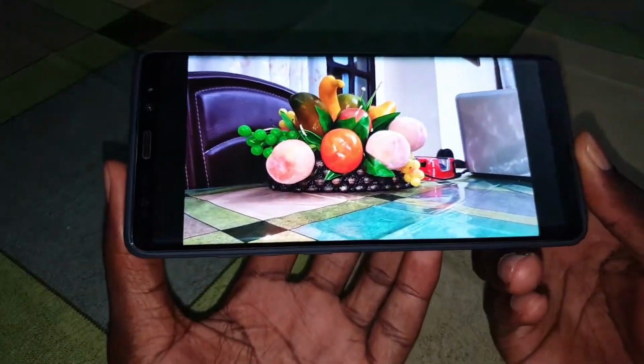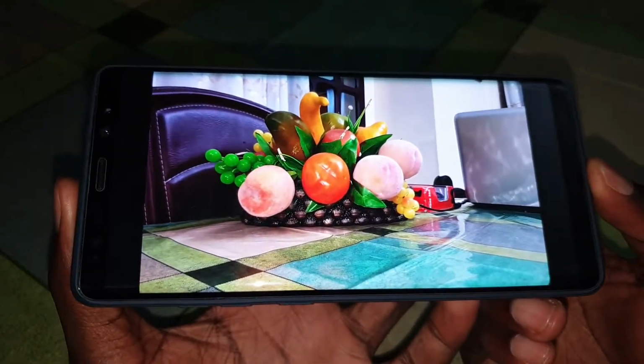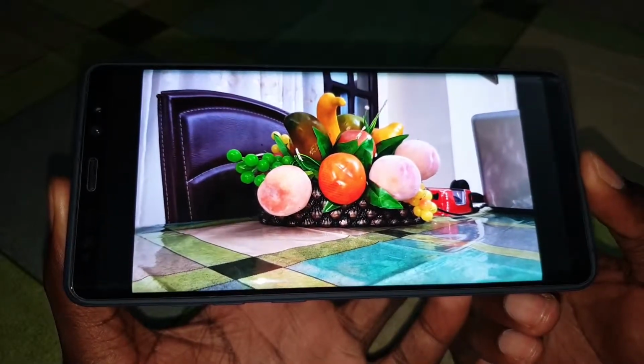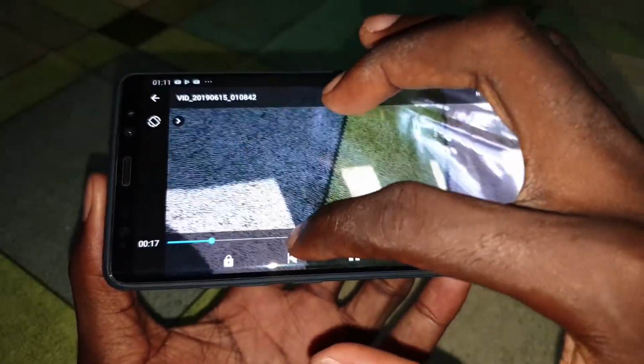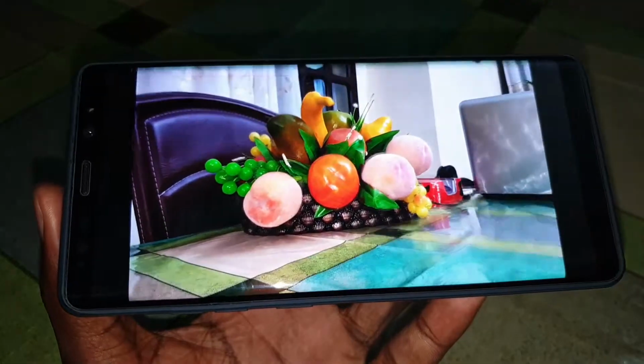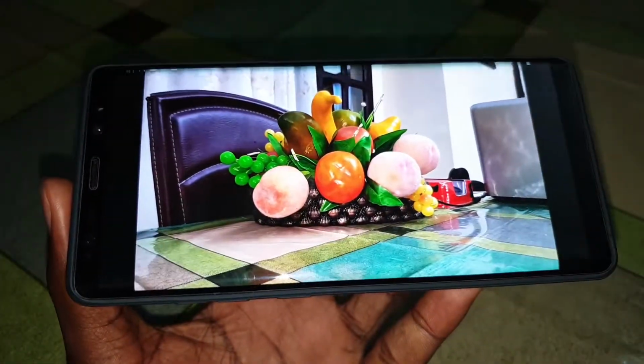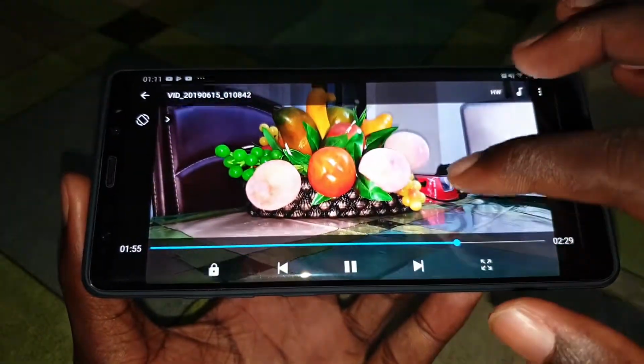Look at that. This is your video that you are recording with HDR enabled. This is amazing. This is wow, amazing. Look at the quality of this video. For me, this is one of the best. I like it. More detail with the HDR enabled. The scene, oh, so nice. Look at that. Look at that.